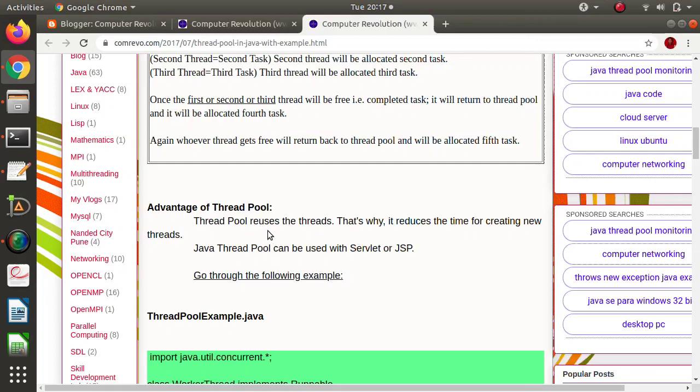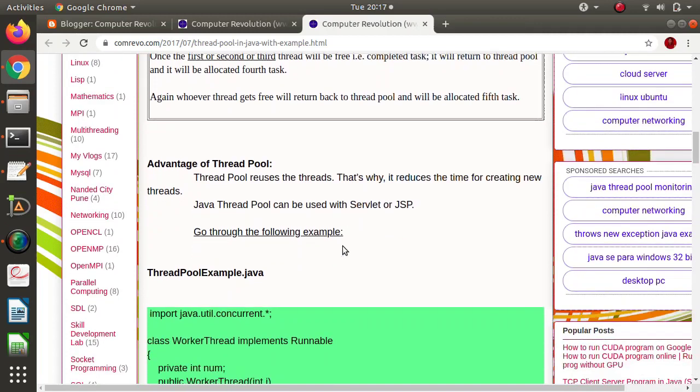Anyhow, a limited number of threads run on the processor core. So instead of creating multiple threads, we are reusing the threads. We are not wasting time on creating multiple threads, and that is the advantage of a thread pool. So it will take less time for executing multiple tasks.